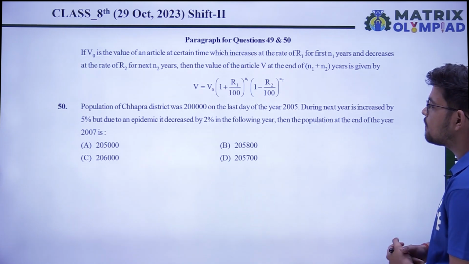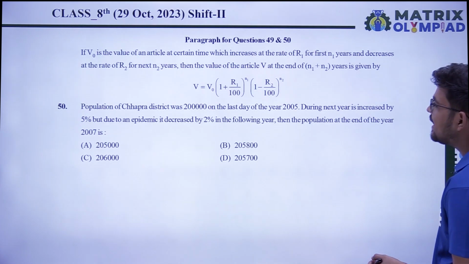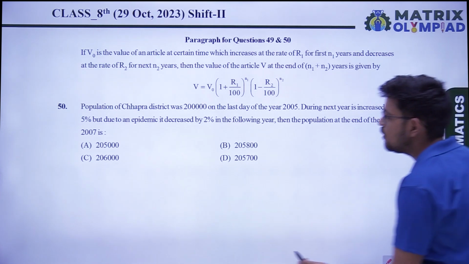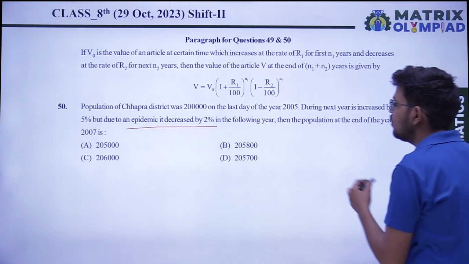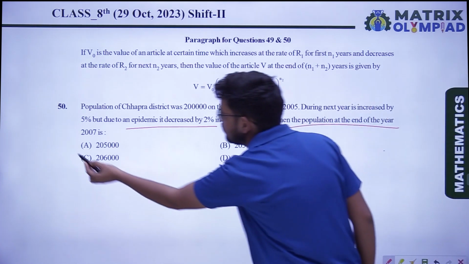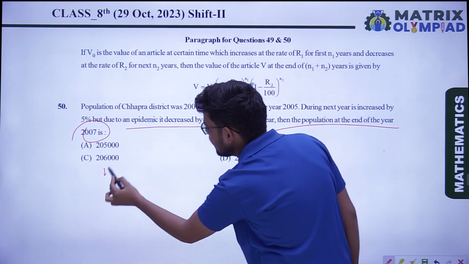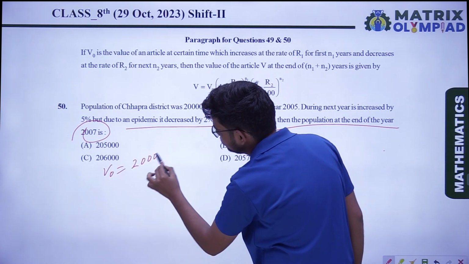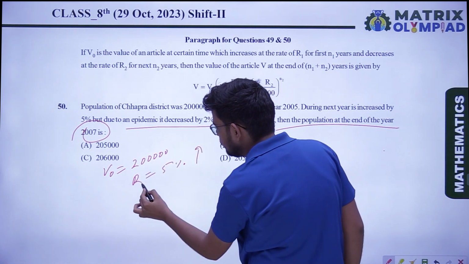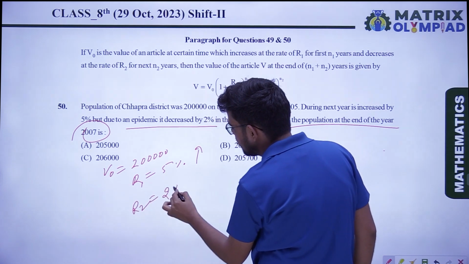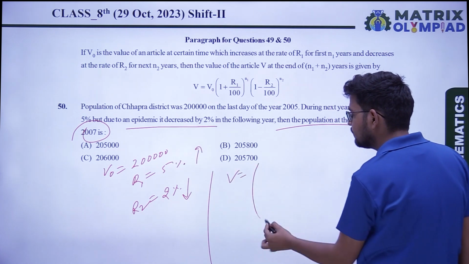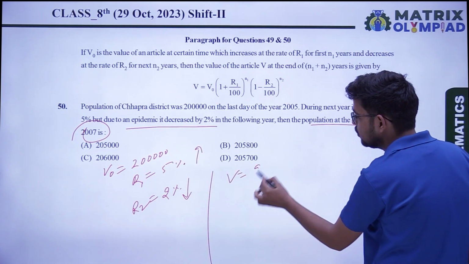Next, the population of Chhapra district was 2 lakhs on the last day of year 2005. During the next year, it increased by 5%, but due to the pandemic, it decreased by 2% in the following year. Then the population at the end of the year 2007 is, the starting population was 2 lakhs, increased by 5%, and next year it decreased by 2%. So at the end of 2007 the population will be 2 lakhs